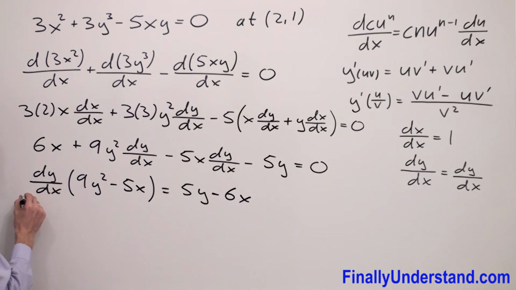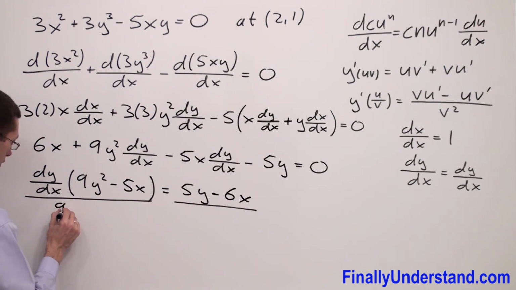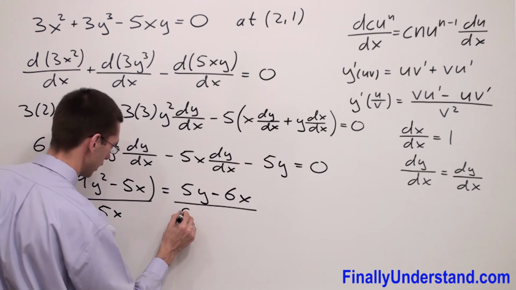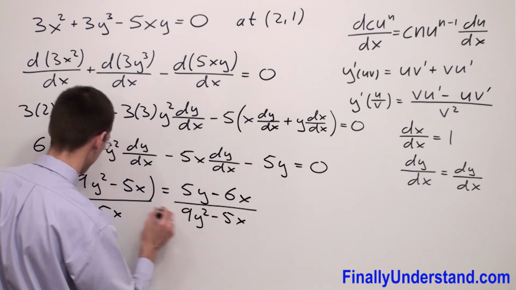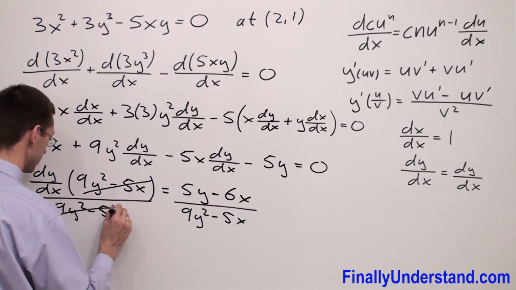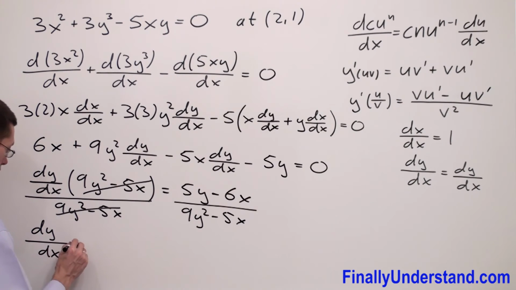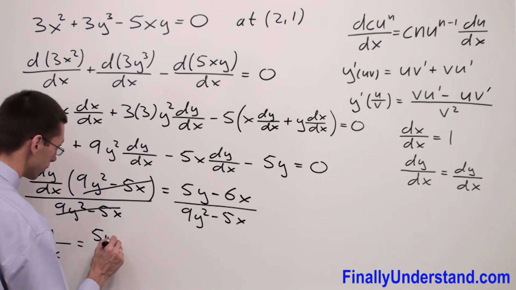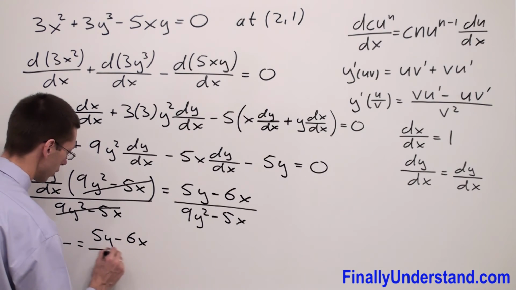Next, I have to divide both sides of my equation by 9y squared minus 5x. 9y squared minus 5x. Cancel, cancel. So I have dy over dx is equal to 5y minus 6x